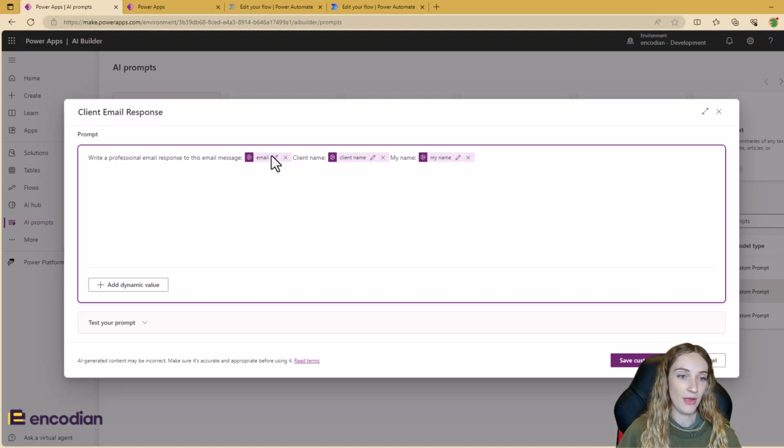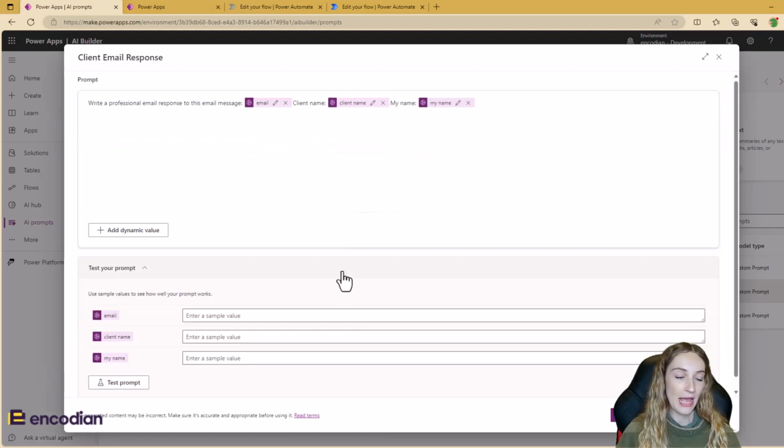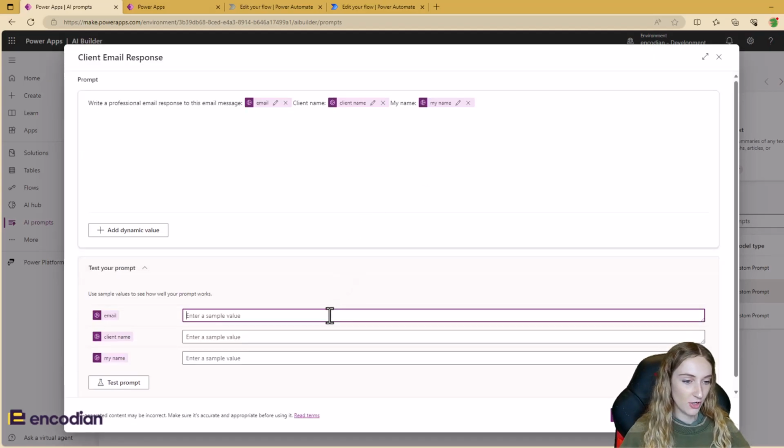My dynamic input here is the email message itself, but I've also got the client name being saved and my name being saved so that they can be used in the email to address and sign the email message. So let's go ahead and test this prompt. So my email message is going to be,